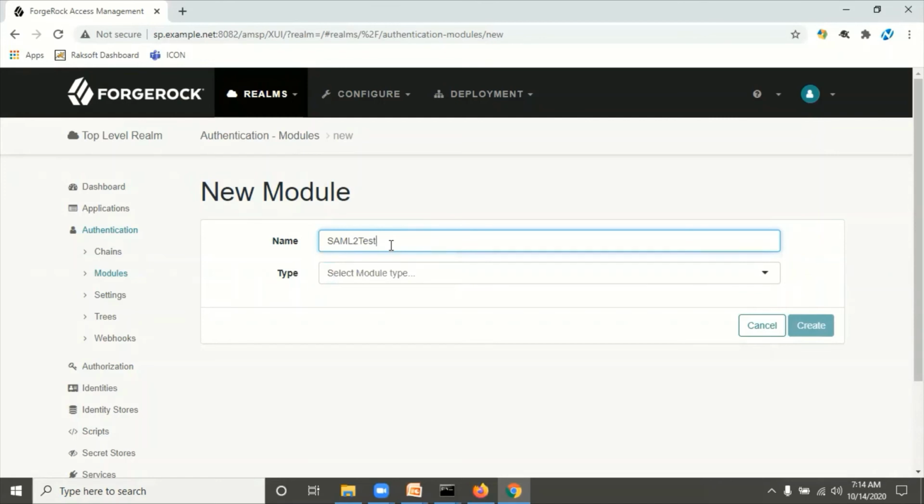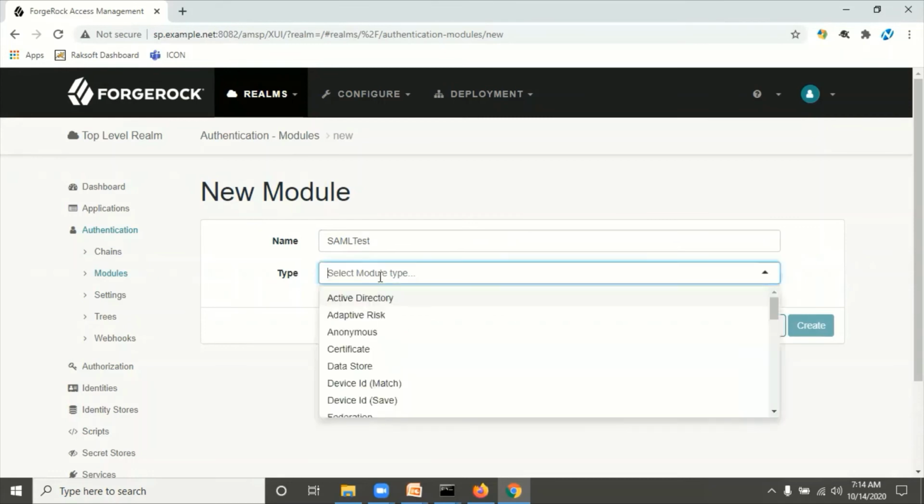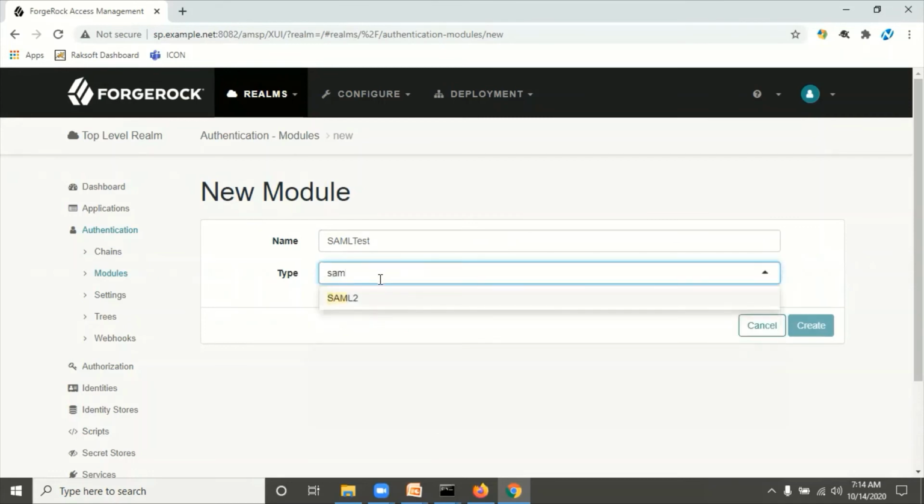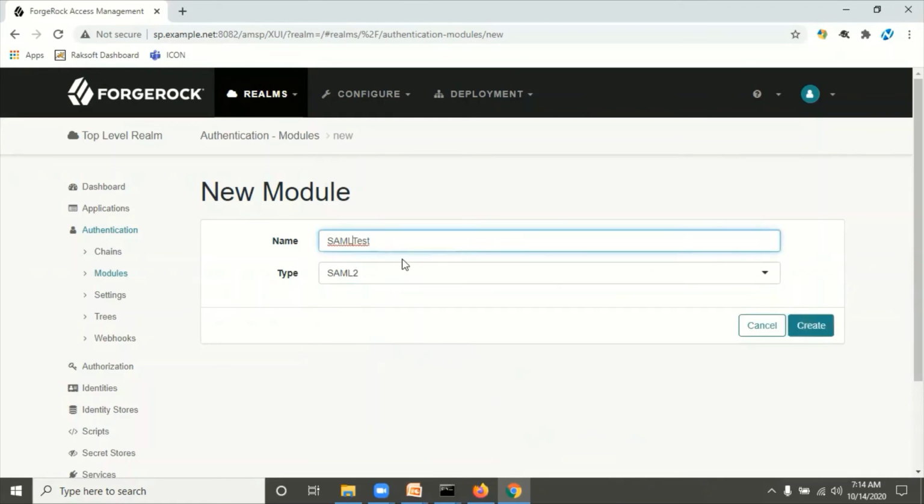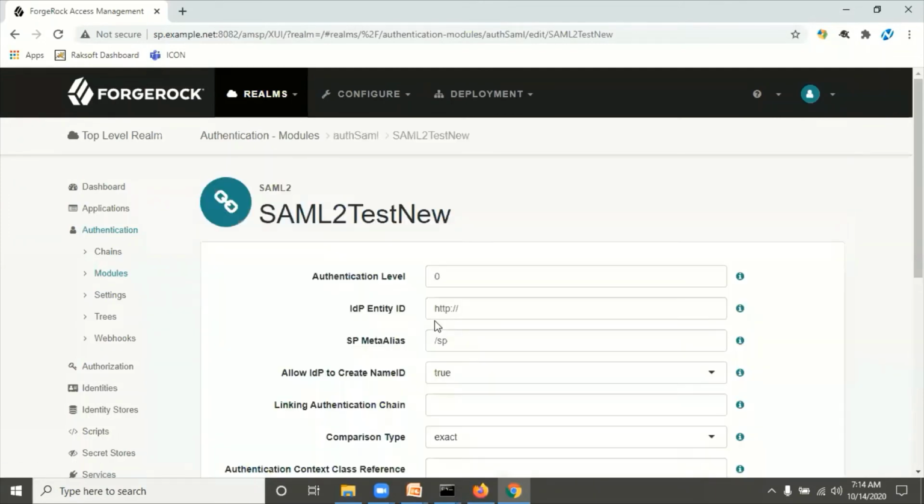I have already given that name, so I will give a different name, SAML test new, and select SAML2. Click on Create.